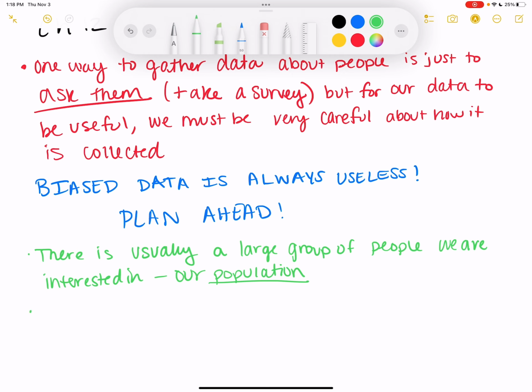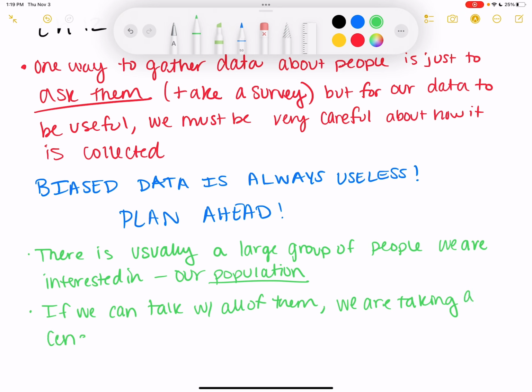If we can talk with all of them, we are taking a census. So 2 or 3 years ago now, we had a census in the actual United States. Which is great, but often impractical or impossible.